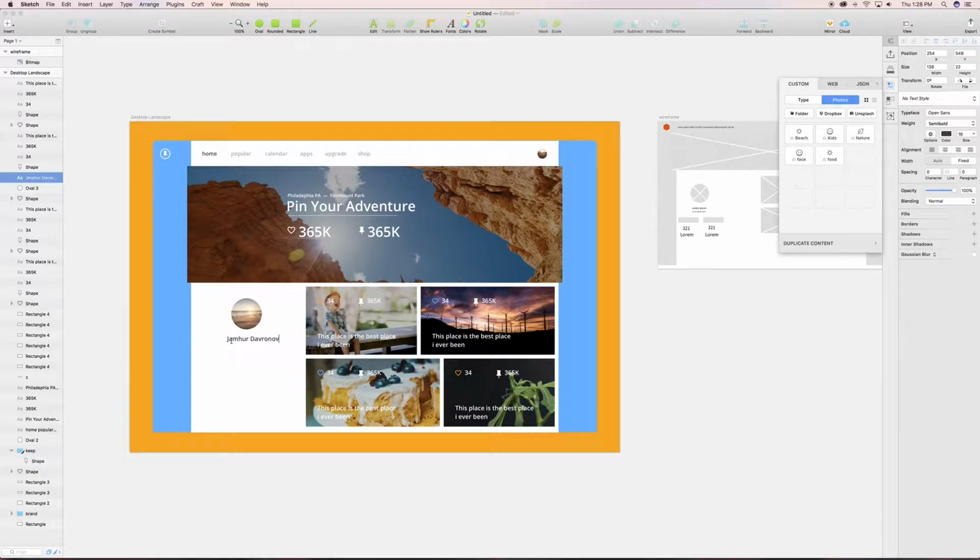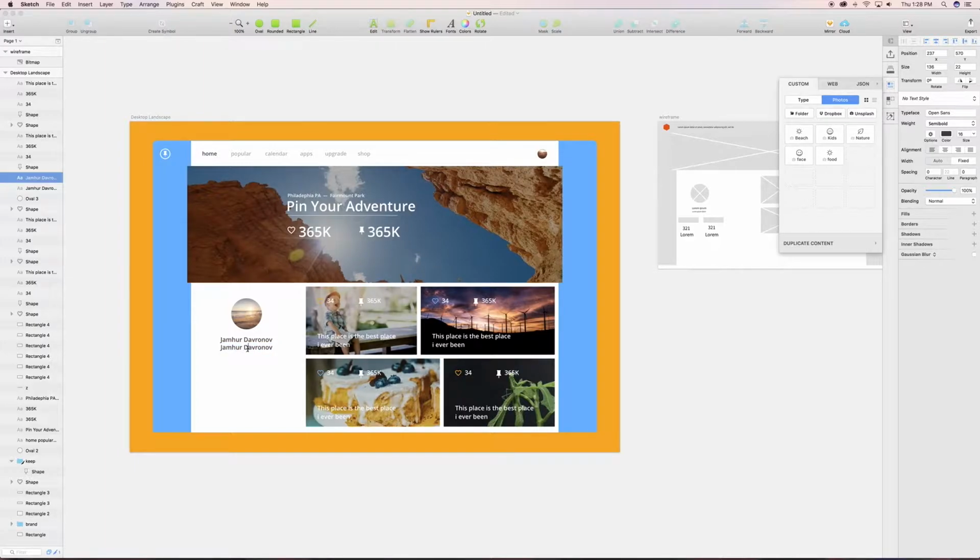Make sure it is placed in the middle. 1 2 is good. And copy paste one more time,